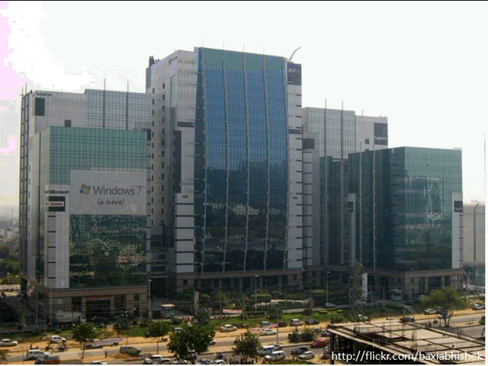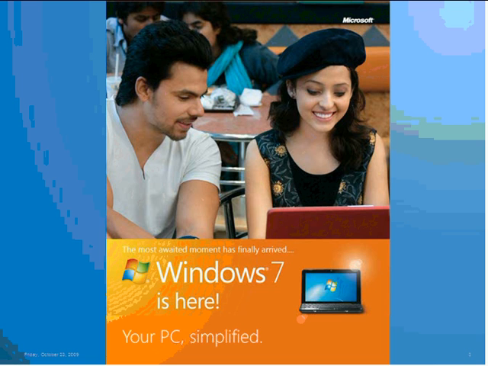So it's just there to let you know the excitement is really in the air. All right, and if you still were wondering what we are going to be talking about today, it is this. It is Windows 7, and it is your PC simplified.